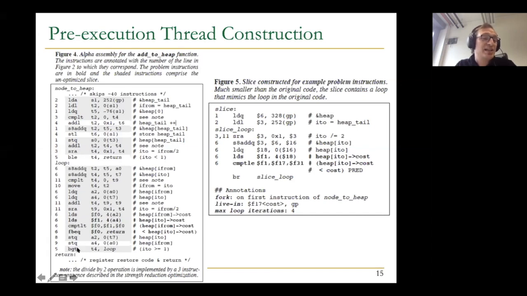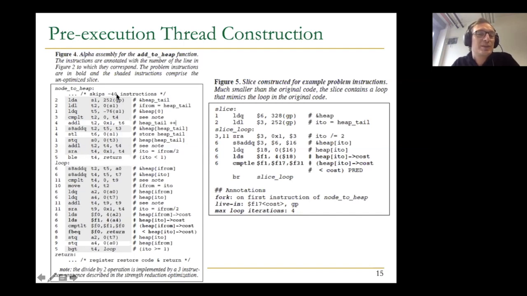And clearly there are some later instructions involved, because there's a loop here, and some of the load values as well as branch directions are dependent on prior iterations of the loop. If you don't optimize the slice, you need to execute a lot of instructions. That's the takeaway over here. Almost the entire program, as you can see. Only the non-shaded instructions don't need to be executed. But you don't want to execute the entire program, as we discussed, right? If you execute almost the entire program, this pre-execution thread cannot necessarily be effective, right? So you really need to